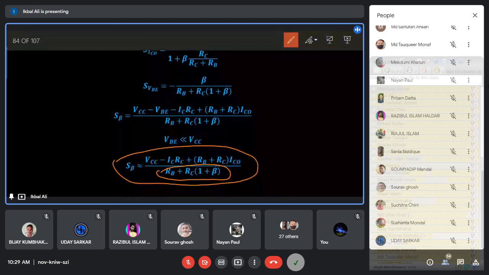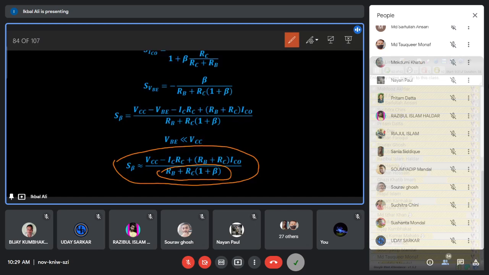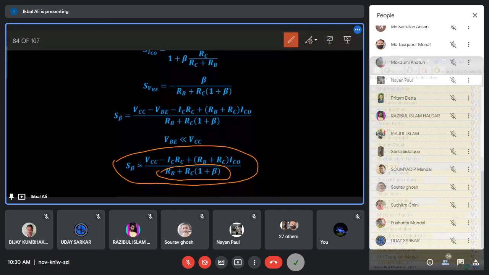Both biasing circuits make the transistor work in the active region, and the signal can be amplified, but the stability can be improved by slightly changing the construction of the fixed bias circuit, so that the RB resistance is now connected from collector to base. From this stability analysis, comparing the stability factor expressions with the fixed bias circuit, we can say that the stability in the collector to base bias is much better than the fixed bias circuit.